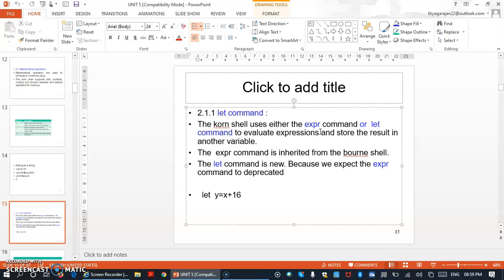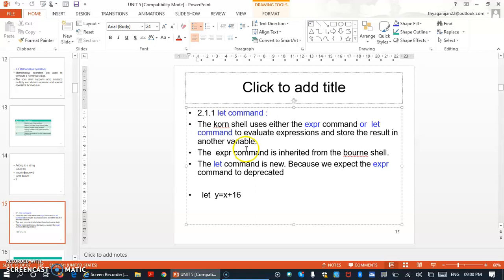Nowadays, instead of expr, we can also use the let command to evaluate an expression and store the result in another variable. We are evaluating an expression and storing its value within a variable. So here I can use expr or another command within the Korn shell, which we call let.